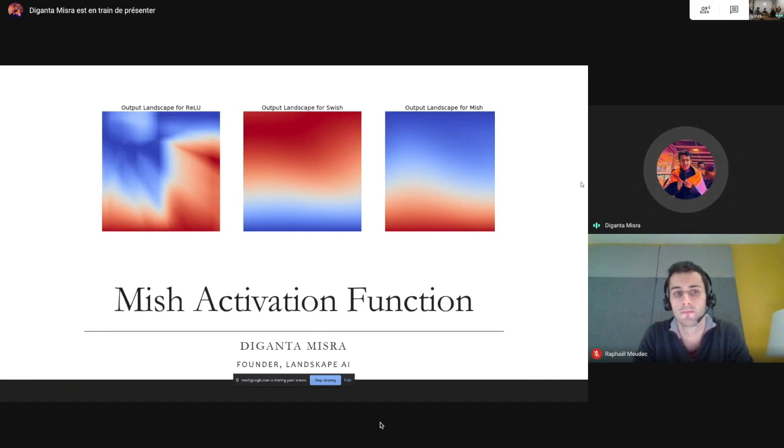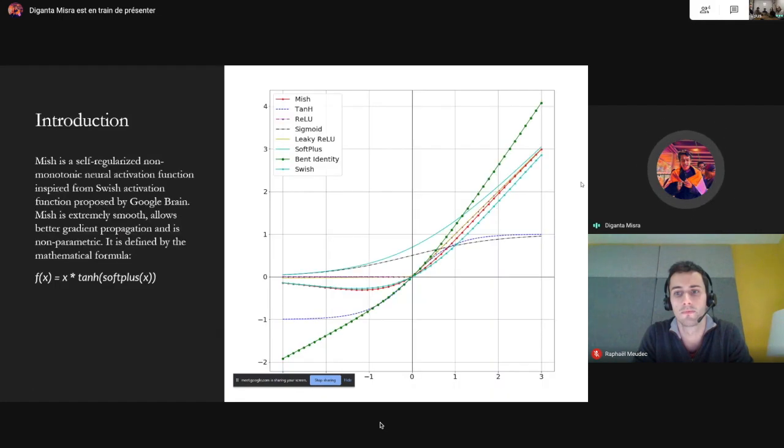To give a background of what motivated me, back in February of last year I was doing a course, and in that course I was training some neural networks on some common problems. I was tweaking the parameters, like changing the learning rate, the batch size, adding regularizers, just to see how it affects my performance.